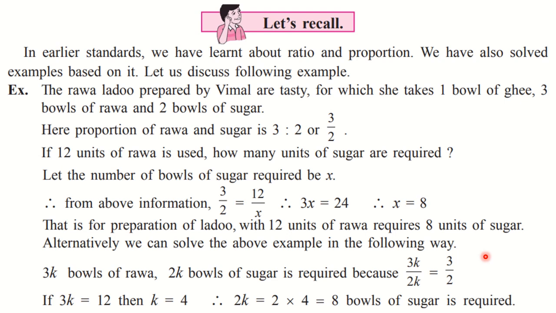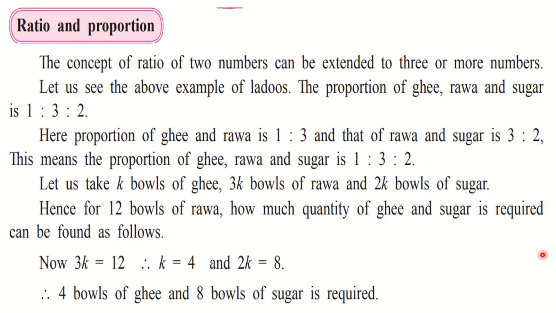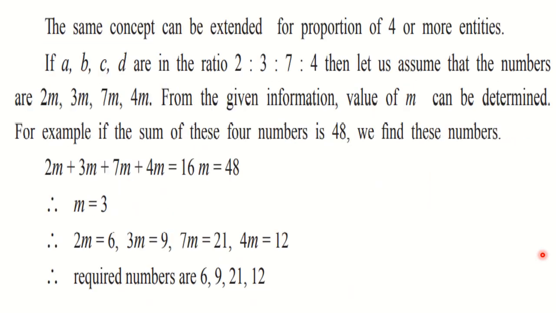That we have seen. I have told you that the ratio always has some common multiple, like here you have the multiple k, which is constant, present at both the terms, the first term as well as the second term. Then we have seen how the concept is extended for 3 or more numbers. We have seen the example for 4 numbers also. That means if we know any one number or their addition, we can find all the numbers, because there is one common multiple present in a ratio or proportion.